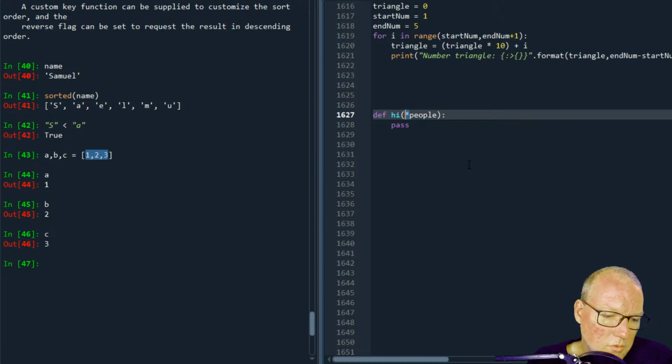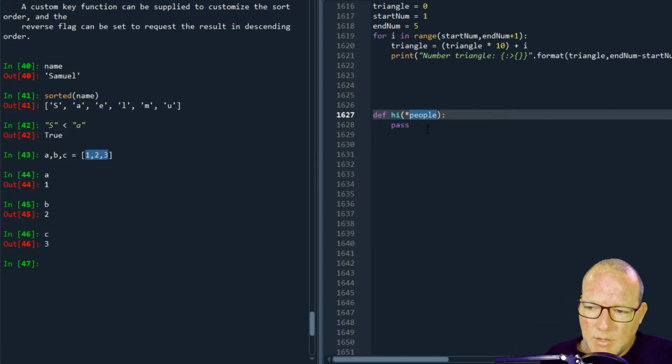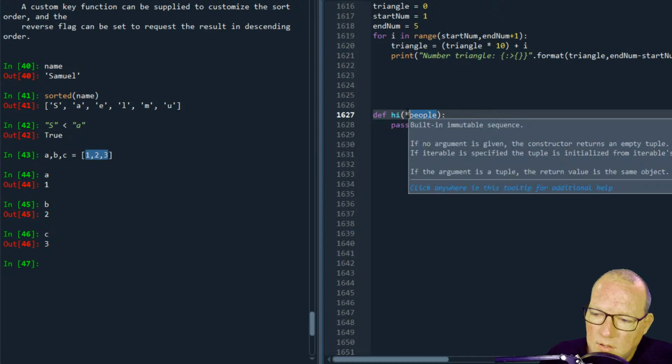Perfect. Exactly. So with args I'd be getting some sort of list or array or a tuple or a set, things like that. Kwargs is a key value pair, a dictionary, a JSON object, things like that. But don't get hung up on the names.